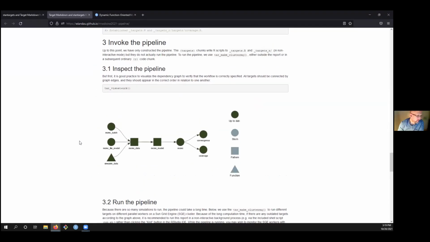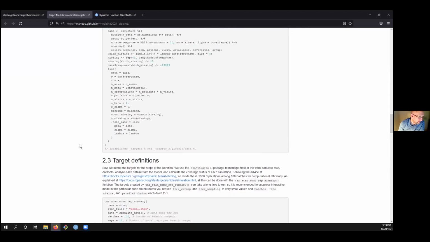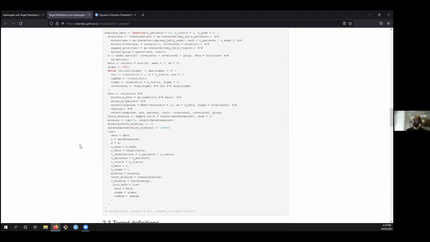Well, before you scroll too far, can I ask one question that will be useful for recording? I know that I will come back to it. But one thing that you made a decision here, and that's important, maybe not visible in the code, but when you generated the data, you created a function that is called simulate data. Can you scroll up there? Yes. There. Simulate data. So you formatted it as a function. You did not make it into the target.